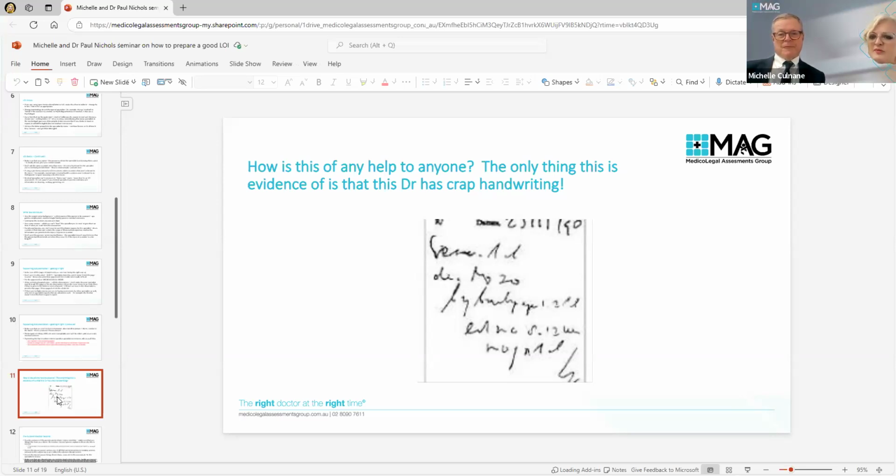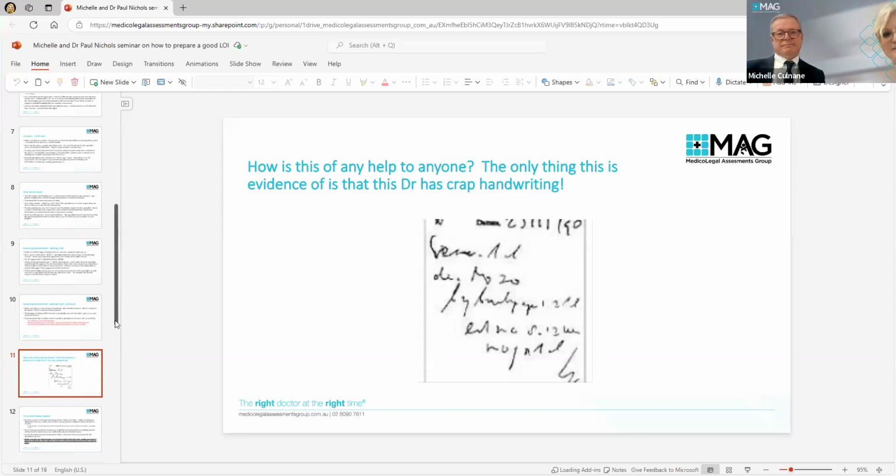When amongst the bundle of papers that you are going to present to the specialist is something like this, blow it up and see if by blowing it up using your photocopier, it's clearer. And the courtesy thing to do would be to have someone in your office or yourself type a transcript of it and then provide that and say, this is the typed version of the attached handwritten document, so that the doctor can quickly and easily digest what's there instead of having to break out their microscope and try and decipher it painstakingly themselves. It's a real pain.